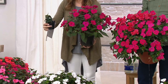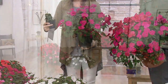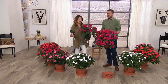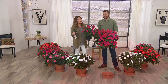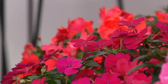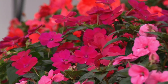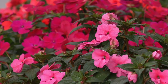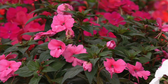And I promise you, even when you think about trying to find SunPatiens, a lot of times, especially like I say here in Pennsylvania, they don't arrive until later in the season. Right. And you get one color, and they tend to be really expensive because remember, this is the one flower you're planting in your garden that gives you continuous blooms until frost. That's right. And so to be able to bring home 8 different plants, 4 different varieties, for around $5 each is a moment where you make QVC your destination and Cottage Farms the people that you trust to build this